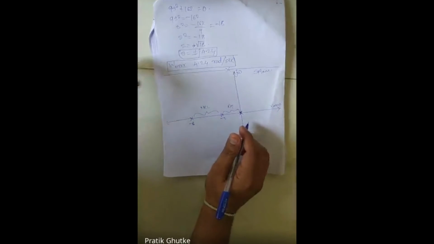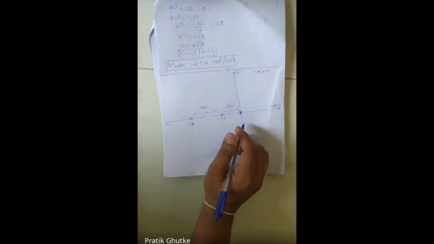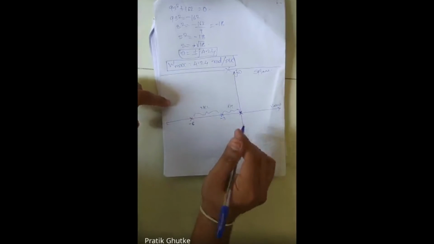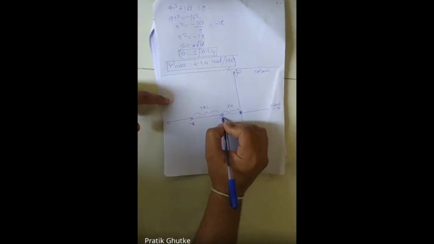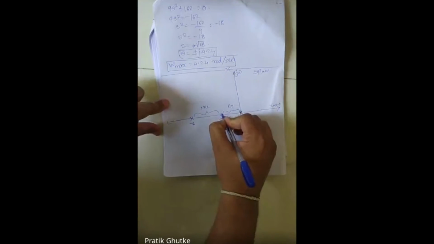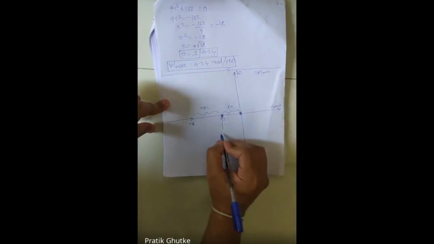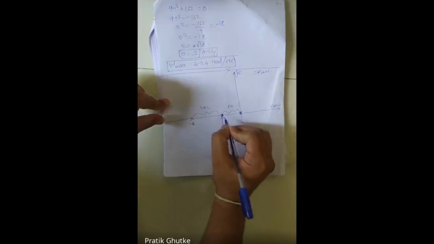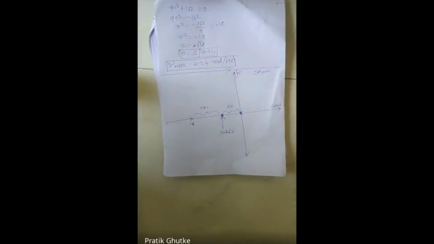So now plot the centroid part. How much centroid we have calculated? Centroid is -3. So centroid is here only, at my pole only. So mark here centroid. Now from centroid, what I have said, the purpose of centroid is just to draw the angle of asymptote from there. First angle of asymptote means, 3 angles of asymptote I will be drawing now.